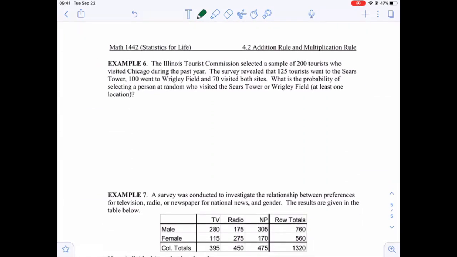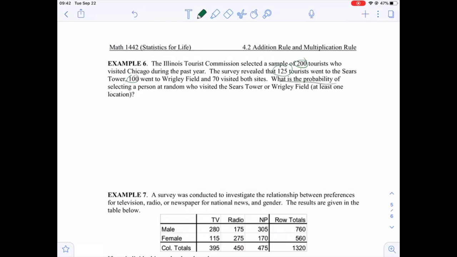Okay. Now problem 6 here. We have a sample of 200 tourists who visited Chicago during the past year. The survey, so this is the sample size or sample space size. The people who visited Illinois, they traveled, we have 125 of them went to Sears Tower, 100 went to Wrigley Field, and 70 visited